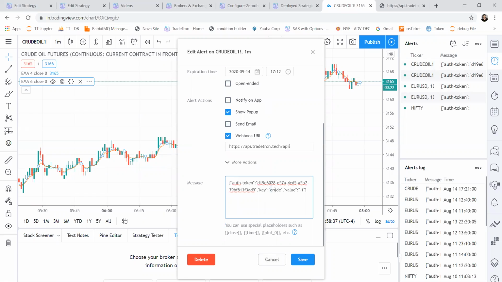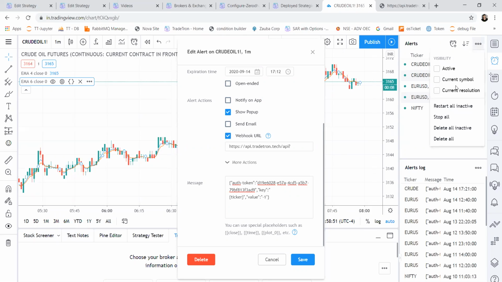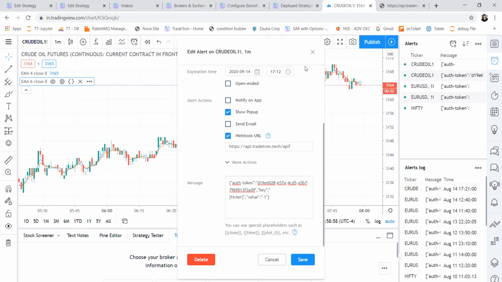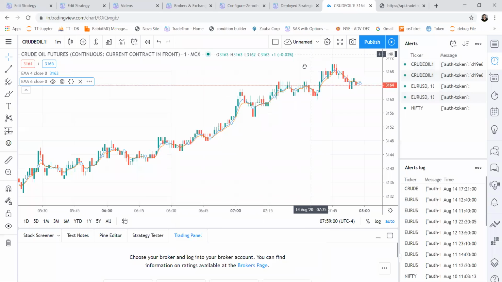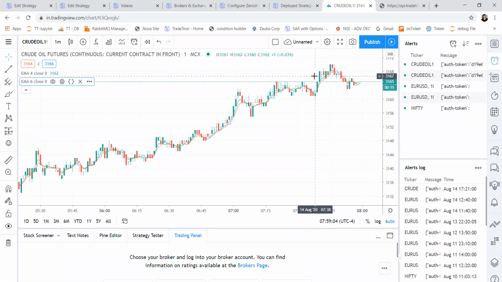So here you have to define the name as ticker. This you have to check with TradingView support. I think they have added in their manual, so it must be there on their alert manual how to send the name of a particular script in which you are trading. But yeah, if you have a basket of stock and if you want to apply a condition on that, you can do it. It's possible.